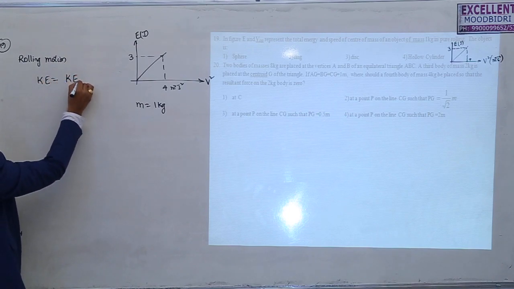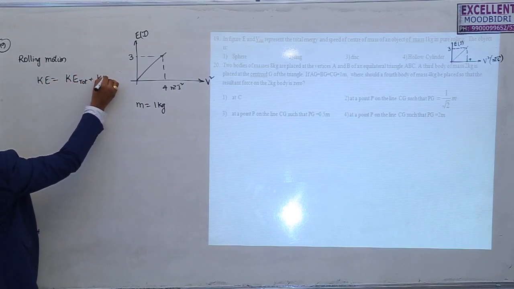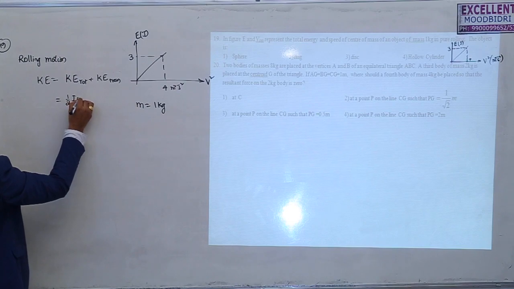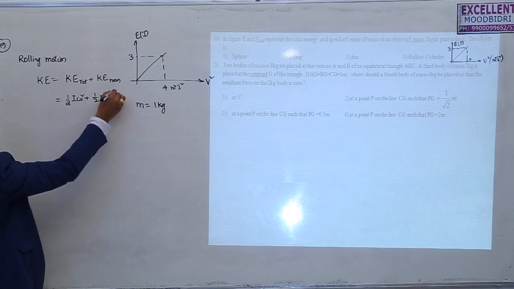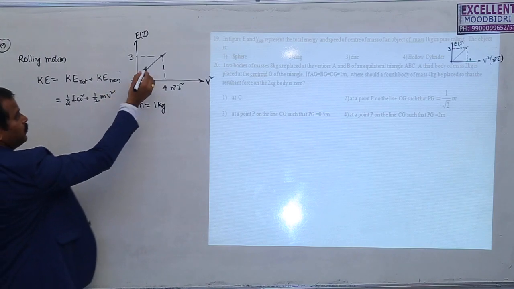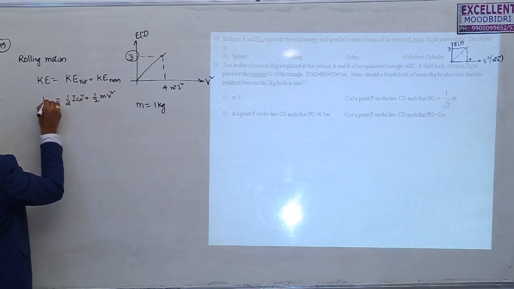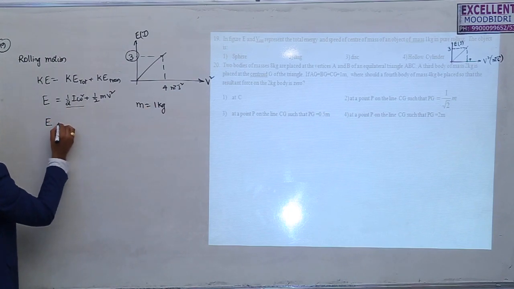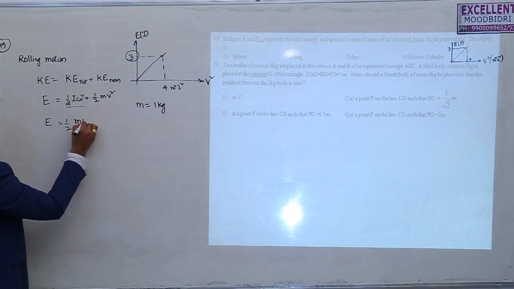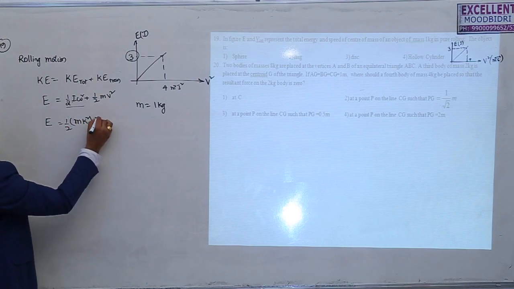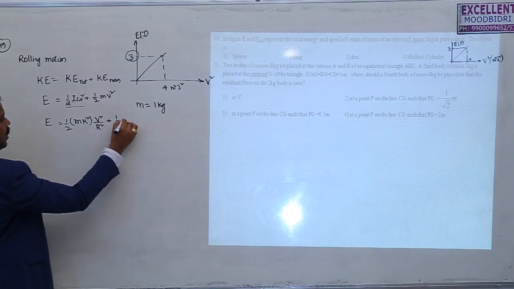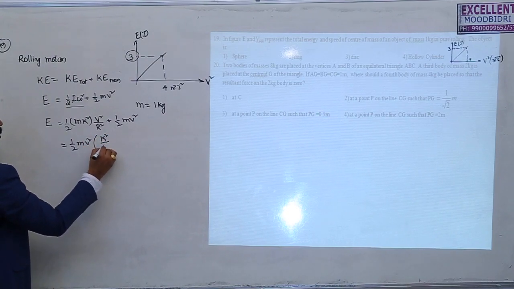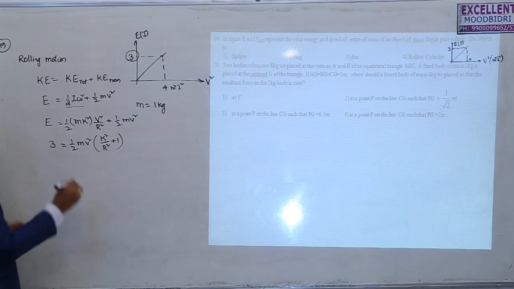total kinetic energy is kinetic energy due to rotation plus kinetic energy due to translation. This is given by half I omega square plus half m v square. This is total energy. So, from the graph, the total energy is E, that is E is equal to this much. So, this can be written in terms of v square. So, let me convert this into v square: half moment of inertia m k square into omega, which is v square by r square, plus half m v square. So, from this, half m v square common, k square by r square plus 1,